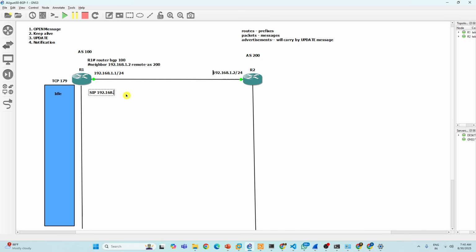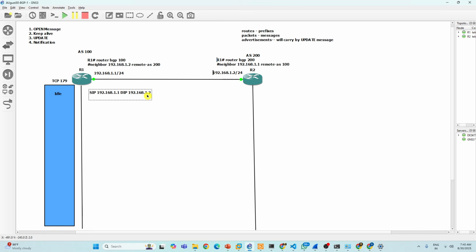Before that, let's configure here also: router bgp 200, neighbor 1.1, remote AS 100. Now, the source IP address is 1.1, and the destination IP is 1.2, whatever neighbor IP you have given here.